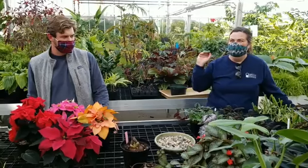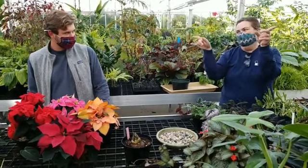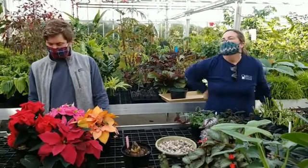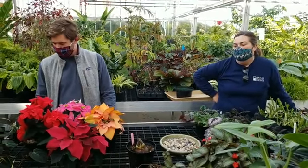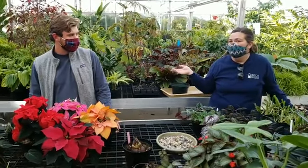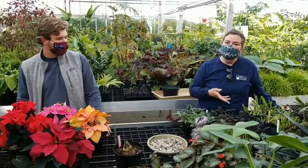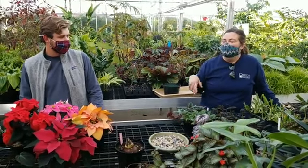And those are spider amaryllis, as I sometimes call them, and they have thinner petals instead of the big showy flowers. They're more spidery, and those will definitely bloom earlier. But the ones I have at home, I don't expect them to bloom in December, because I grow them out over the summer and then I throw them in the basement and let them dry down for 2 months and then bring them out